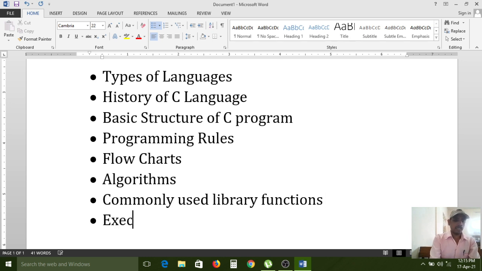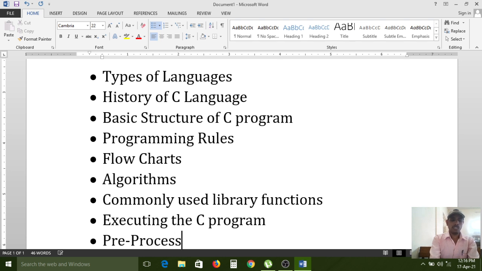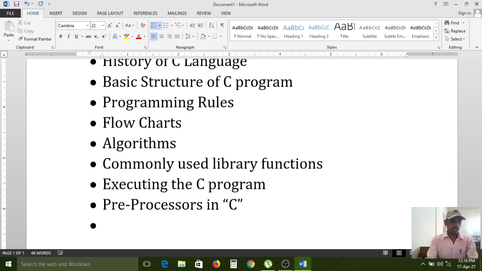Next, executing the C program. Next, preprocessors in C. Next, keywords and identifiers.